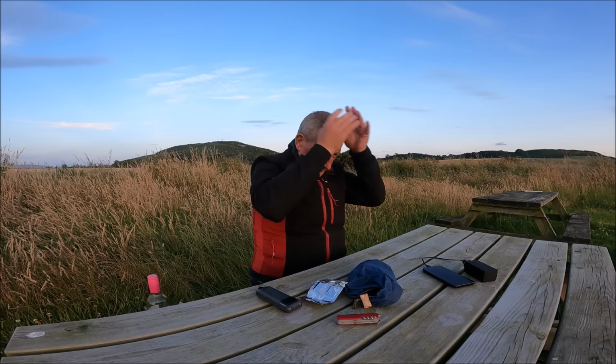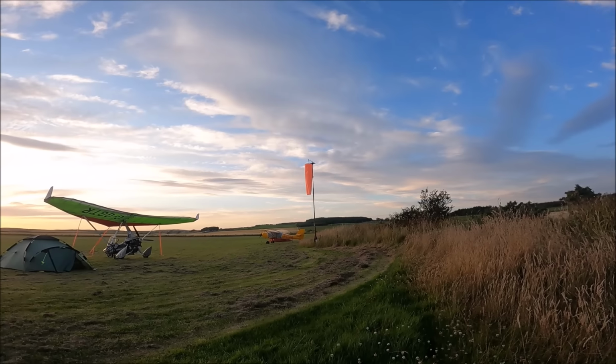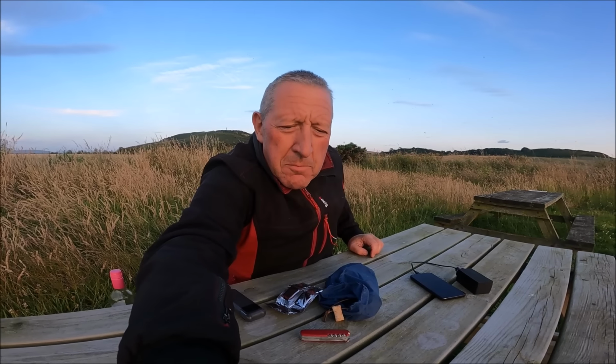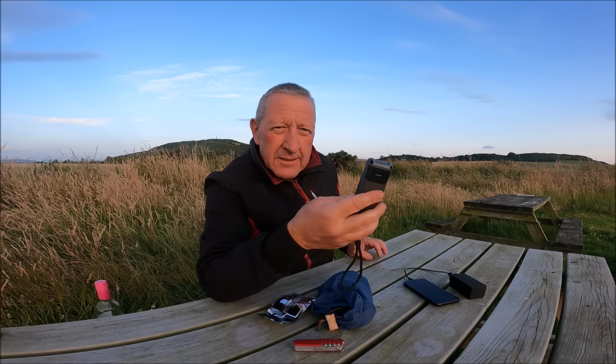Okay, so I'm just sitting here now and it's just gone 9 o'clock and the wind has dropped. Look at that windsock, dropped down to nothing. And all of a sudden the midges have come out and it's going mad. So I've got my Flextail gear